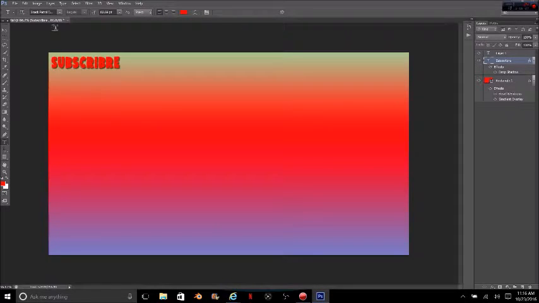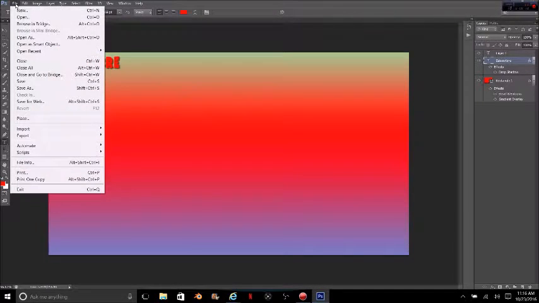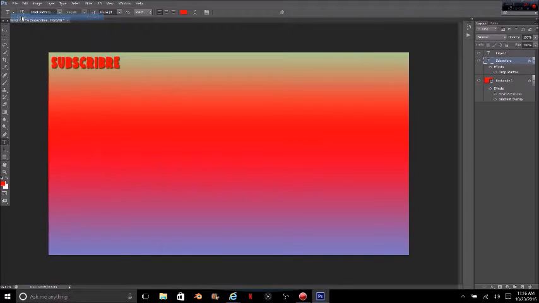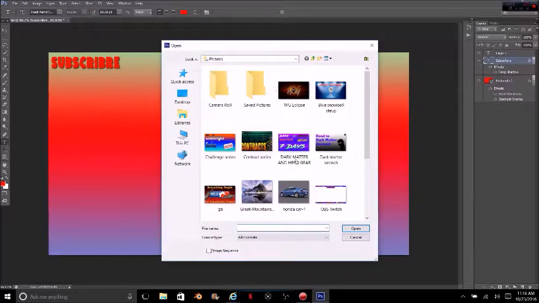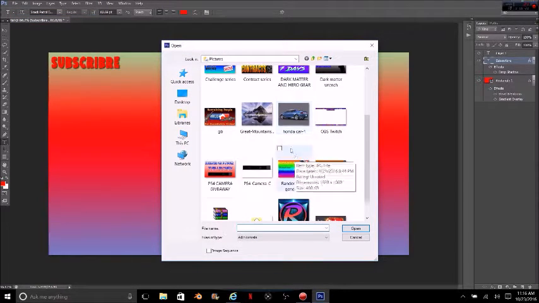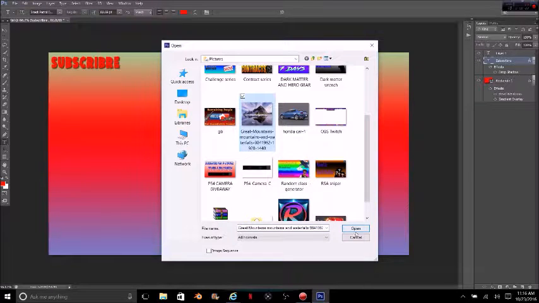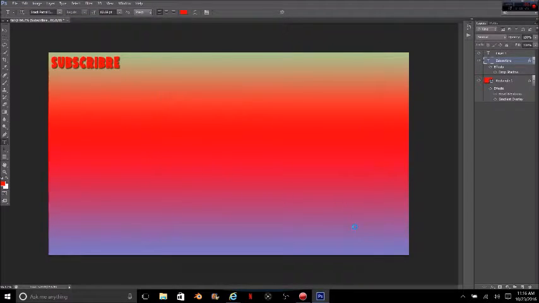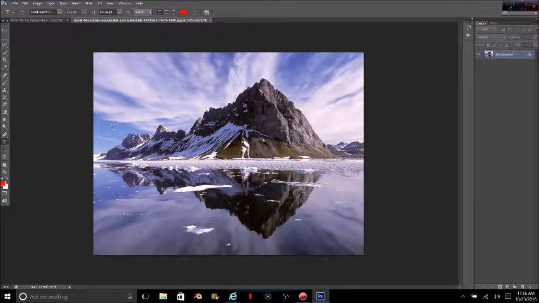Go to your Photoshop, go to File, up towards the top. Right below New it says Open, so click on Open. It's going to come up with all these pictures. Click on the mountains right there and then click Open, and there you go, it's open, but it's not your background. If you want it for your background, all you've got to do is hit Control A on your keyboard,